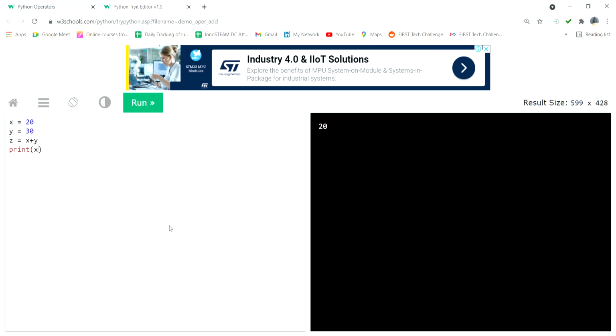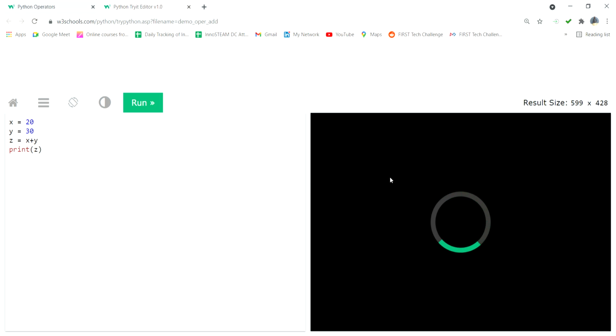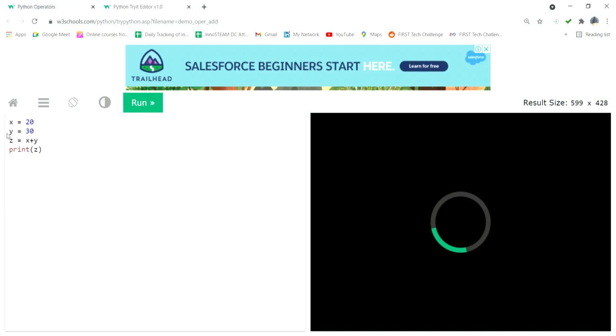If I give print z, the answer 50 is right, because the 50 value is stored in z. The x value is 20, the y value is 30, so z is 20 plus 30, 50. If you give print z, then the value coming is 50. So this is easily for addition.